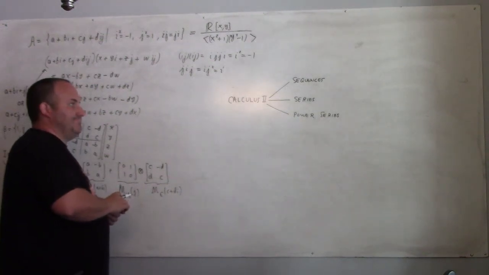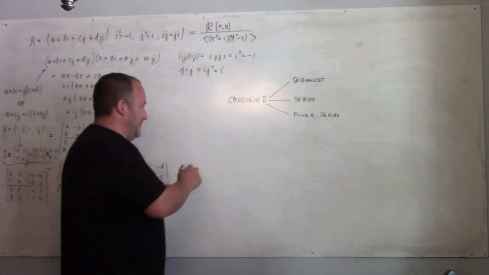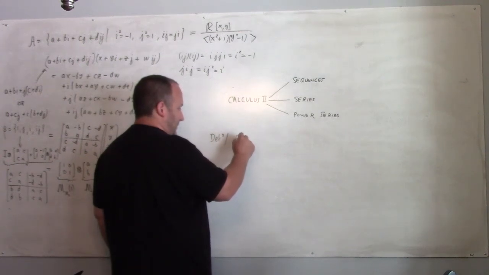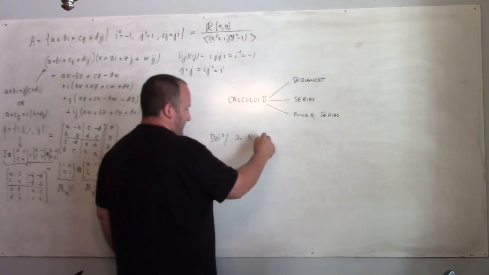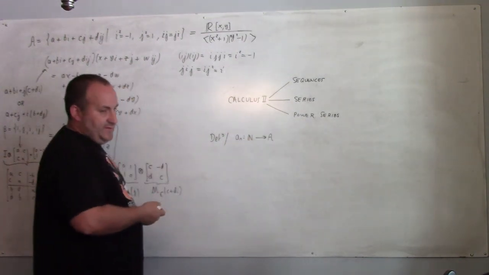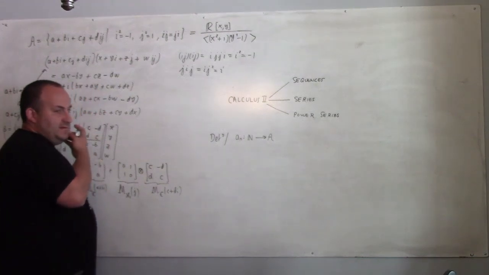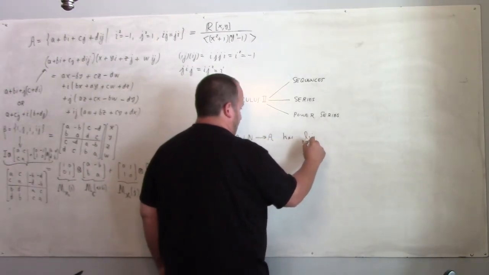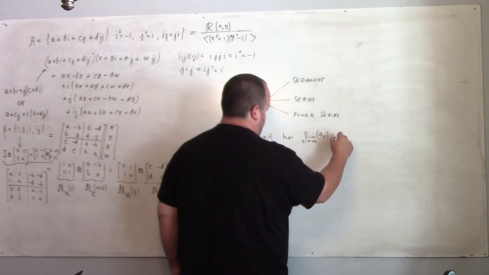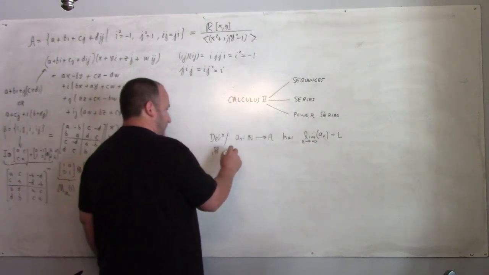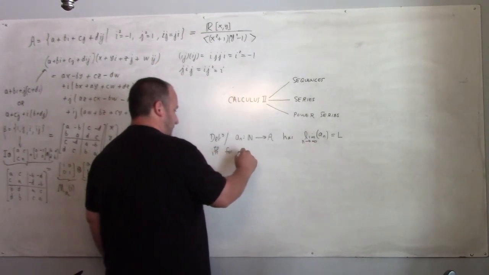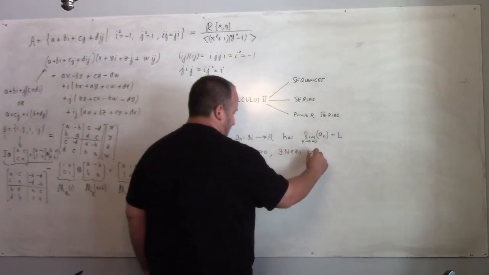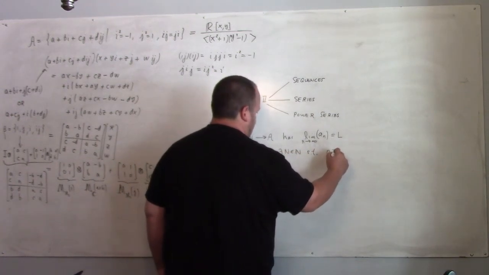And so what's a sequence in an algebra? A sub n from the natural numbers to the algebra is a sequence. It's just a function from natural numbers to the algebra. And here's the really interesting part: the limit as n goes to infinity of A sub n equals L if and only if what? For each epsilon greater than 0, there exists a big N in the natural numbers such that what? Such that n greater than